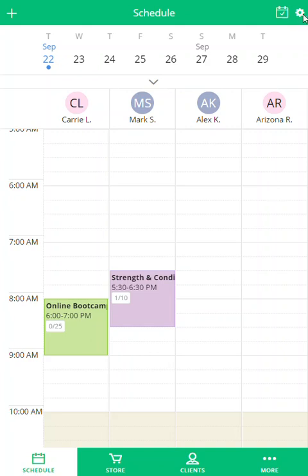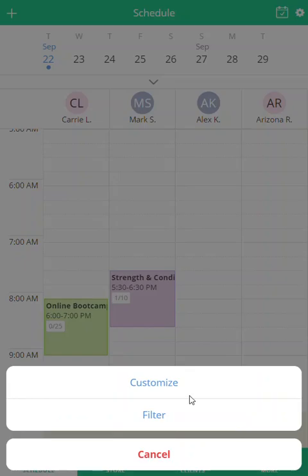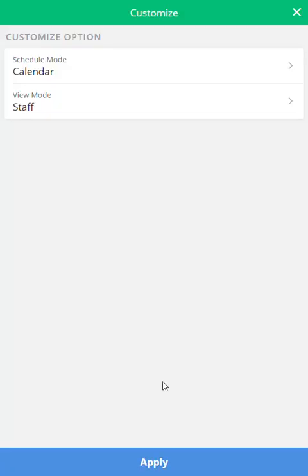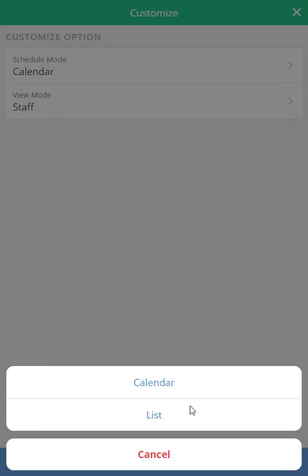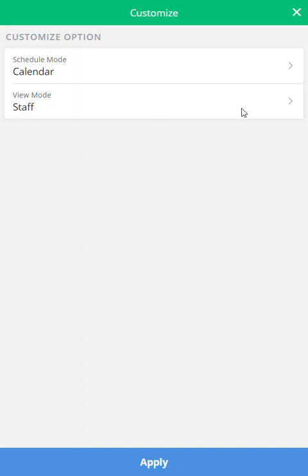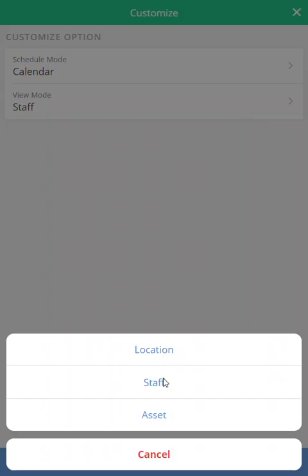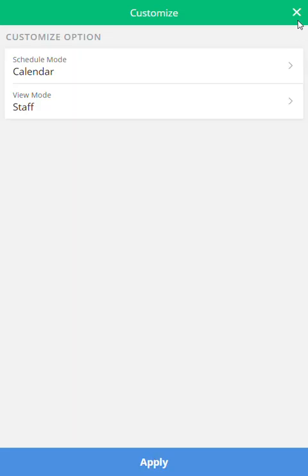On the very top, we do have a little gear icon that will allow us to customize this based on the view, whether it's a calendar or list view, and the view mode, whether it's the location, staff, or an asset mode. So very similar to the schedule interface on our Wellness Living website. So coming back out,